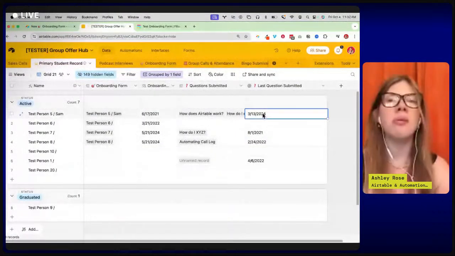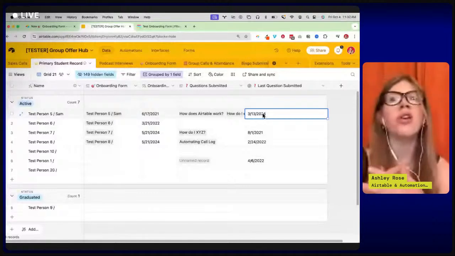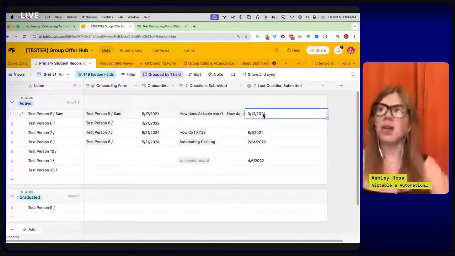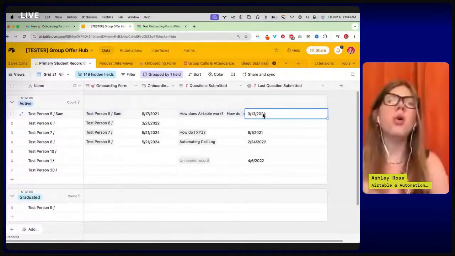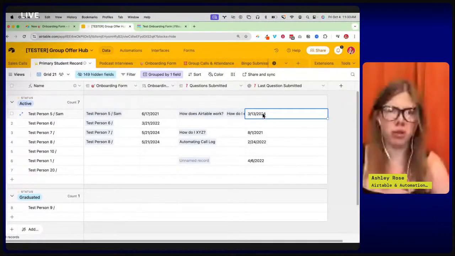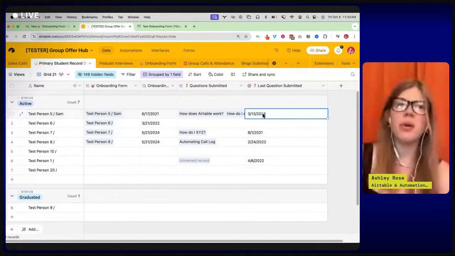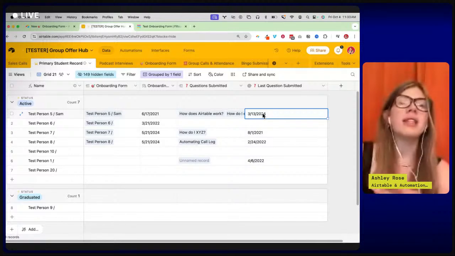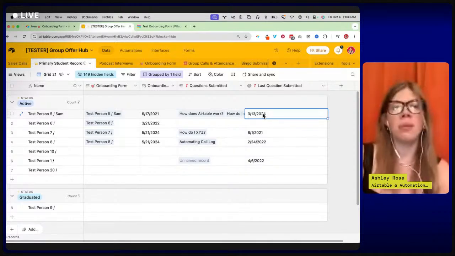You haven't achieved this result yet, but you're $2,000 away from hitting the program promise. Because you have everything centralized, you are going to be the best coach in your industry. Anybody who is not using Airtable and Airtable Forms is going to fall behind, I promise you, because of the things that we can do with Airtable and all the amazing data.